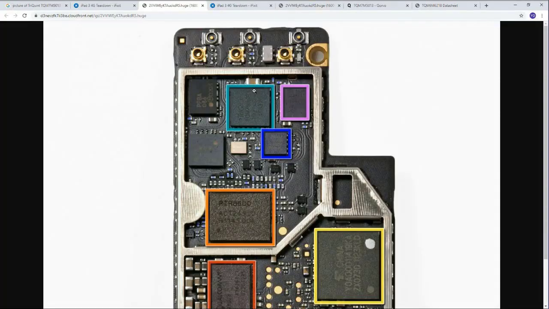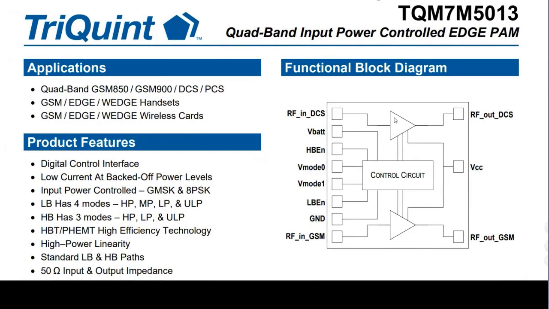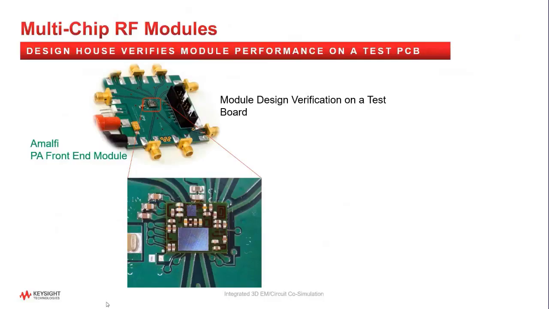I was browsing the internet and I saw this TriQuint, or Qorvo now, quad-band power amplifier module that is used in handsets and on the iPad 3 board as shown here. I looked up the functional block diagram and noticed it is similar to what I'm showing today, namely two PA ICs switched by some control circuit. And similarly, this Amalfi PA front-end module is mounted on an evaluation test board, just like the example I have